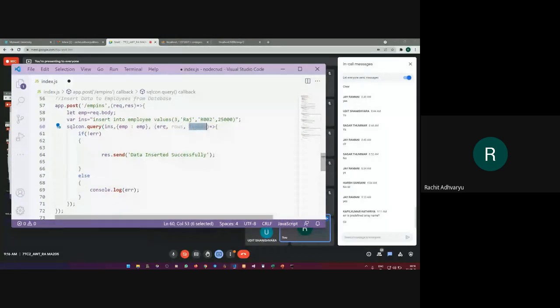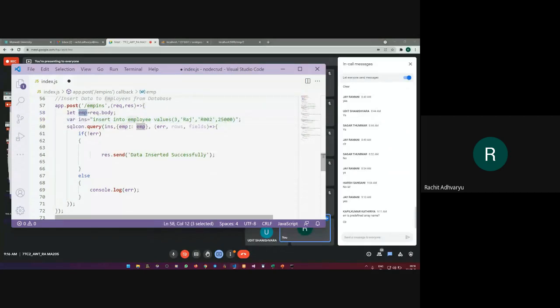And if that contains any errors, then just display those errors. So create a new row with this, using the fields that are already defined in the table. And I'm using this req.body, the complete line, as a single variable called EMP.